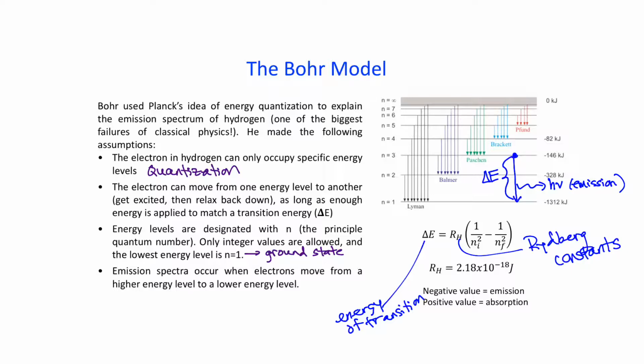Okay, and then the other part of this equation just shows you the transition that's happening between your energy levels. So here your initial energy state, n sub i, you're going to square that. And then this represents your final energy state, and you square that as well. So as long as you know what energy levels you're transitioning between, you can calculate the energy associated with